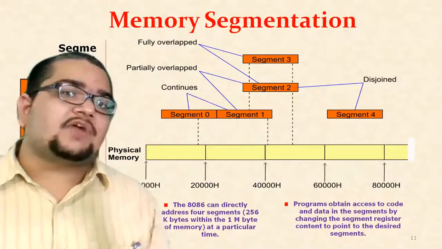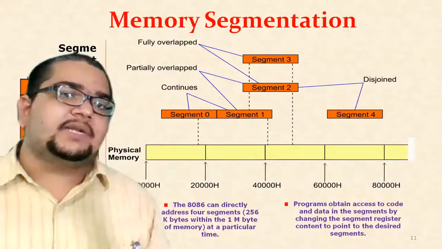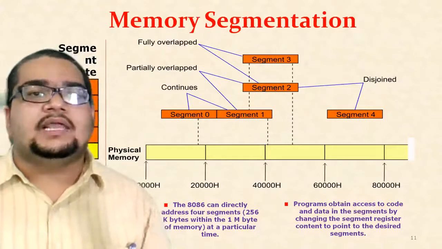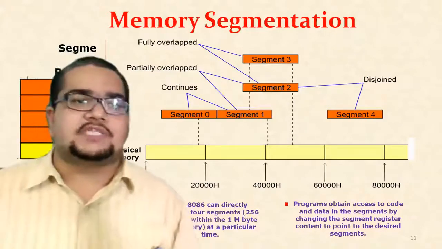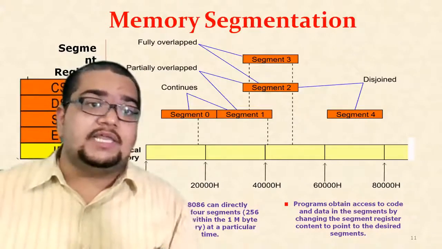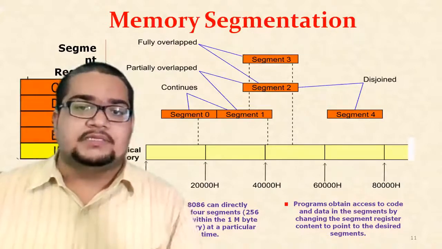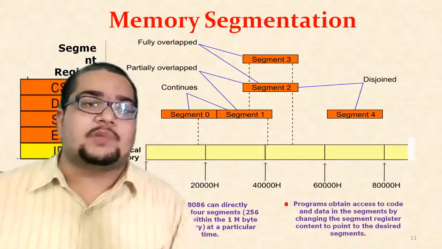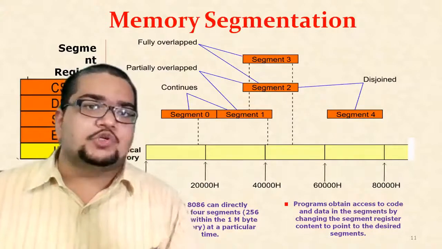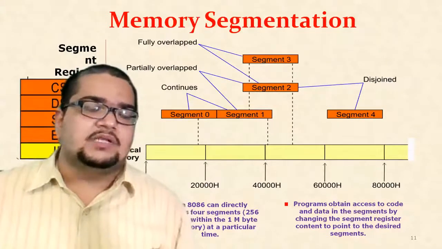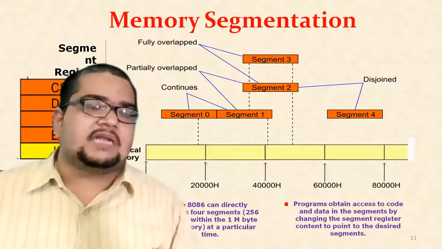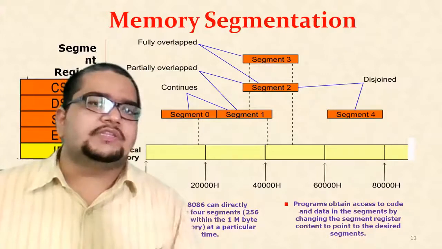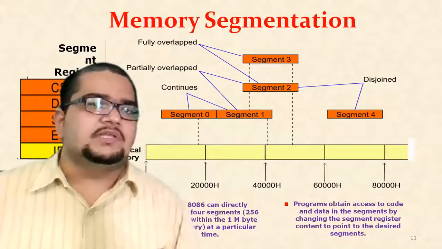There is one other example of completely overlapping segmentation, where segment 2 and segment 3 are completely overlapping each other. This overlapping concept is used for efficiently using the available memory. Suppose your program and the data to be manipulated are very small, you do not require the complete full memory. You can store your programs and data in a very small physical size of memory. In those cases, we go for the overlapped type of segmentation.